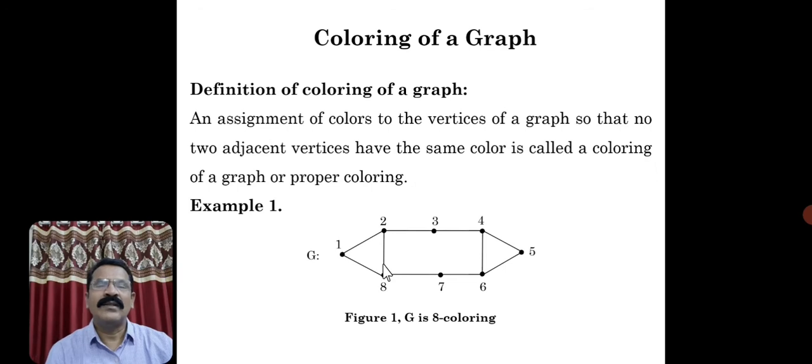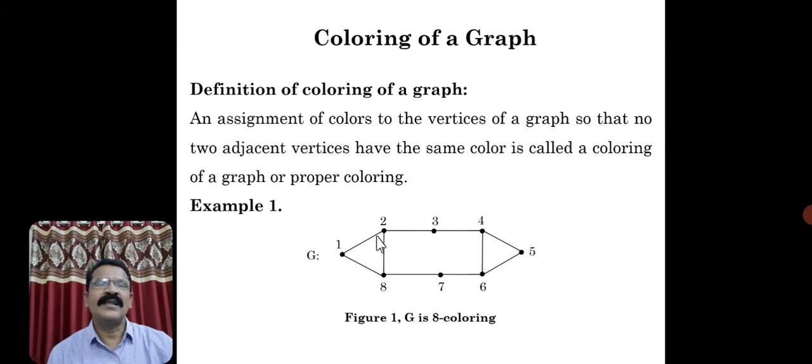So how to color? You have to remember throughout the topic, no two adjacent vertices have the same color. It implies adjacent vertices must be colored with different colors so that very easily you can identify. Adjacent vertices are nothing but they have a common boundary in the map, so that's why we have joined such vertices. So now this vertex is colored with color 1. Instead of saying red, blue, green, we are using numbers. So we are using the first color 1 for this vertex.